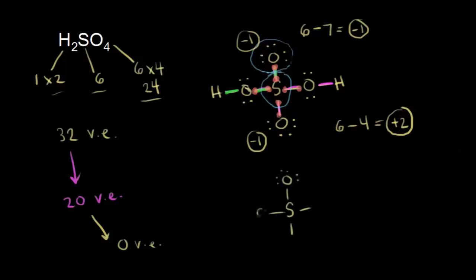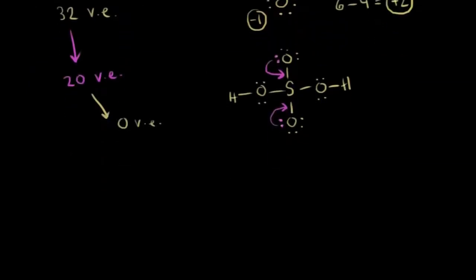Now, we can't add any more electrons because we've already represented all 32 valence electrons that we were supposed to. So the only thing that we can do is to share some more electrons. And so if I took 2 electrons from this top oxygen here, so if I took these 2 electrons and I moved them into here, and if I took these 2 electrons right here and I moved them into here to form double bonds, let's go ahead and look and see what our dot structure would look like